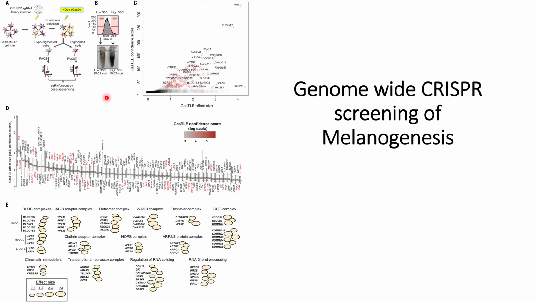From this experiment, they were able to identify a whole lot of genes that were not previously reported and are responsible for melanin formation. If you need to understand this whole CRISPR screening study of melanogenesis in detail, you can go through